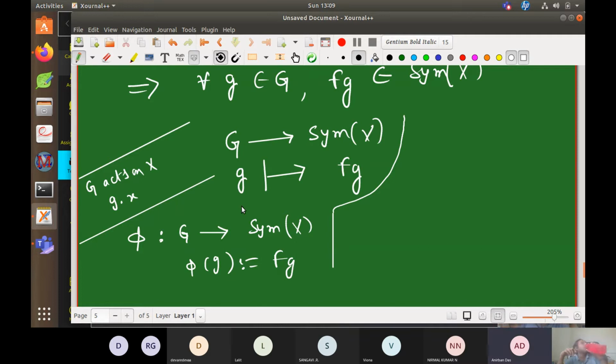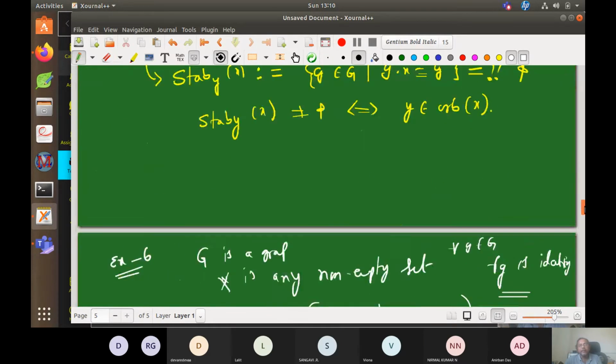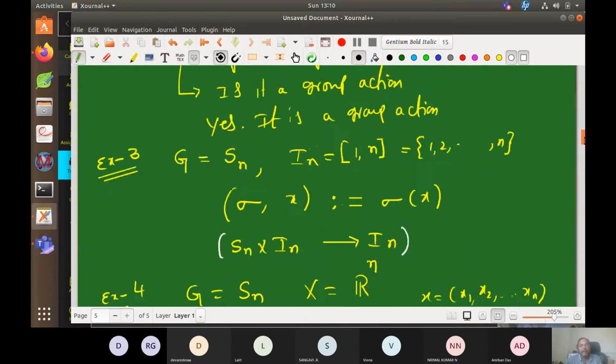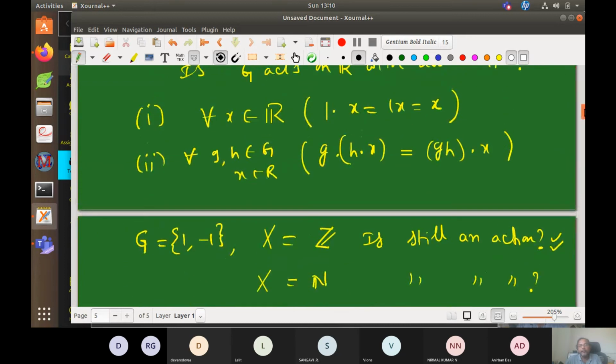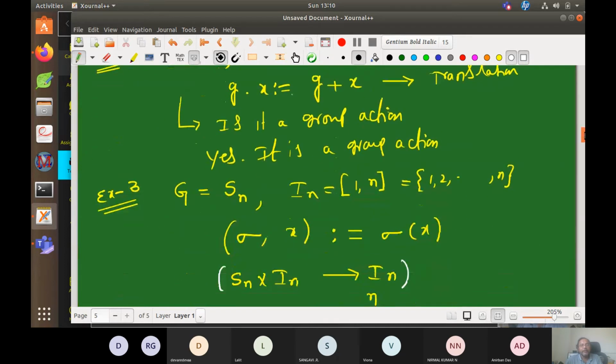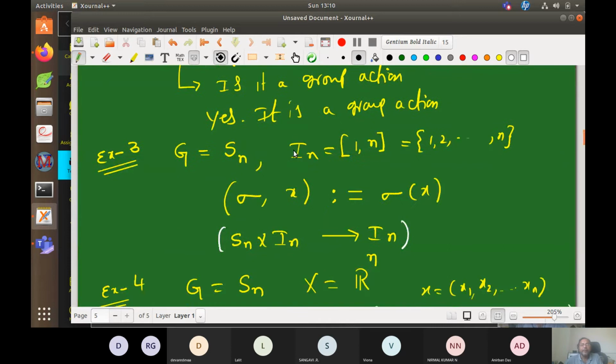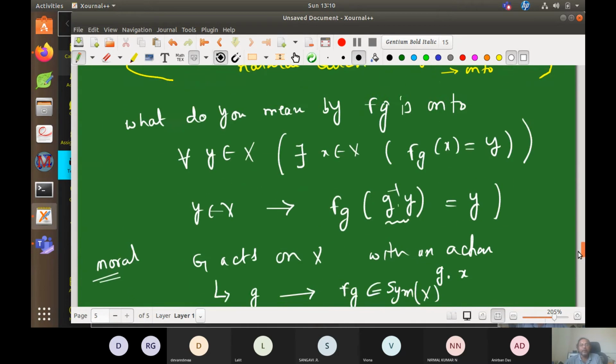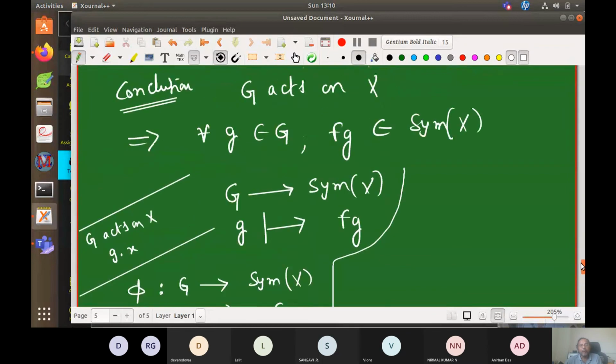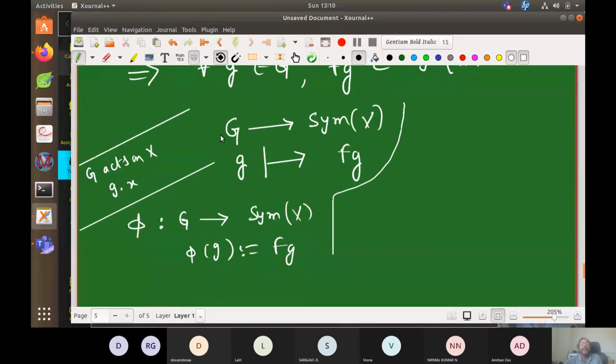Sir, in that example, Sn to In, it is trivial. Sn to In, one case we have, good. So your example is helping that this is also true sometimes. It is bijective there, right? Very good. We already have one example discussed today, given by Anirban. So Sn goes to In. Here the symmetric group of In is Sn only. So both are actually equal, so there is a bijective map. Good. So it is not completely ruled out, whatever Vienna told, but it is a very rare case.